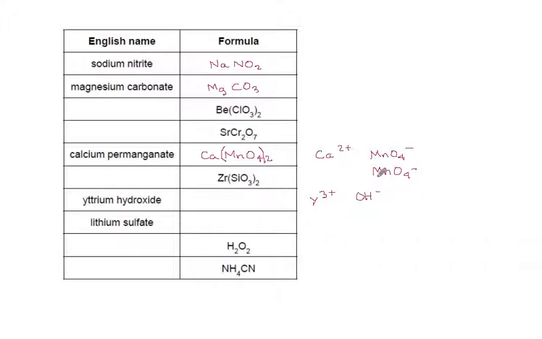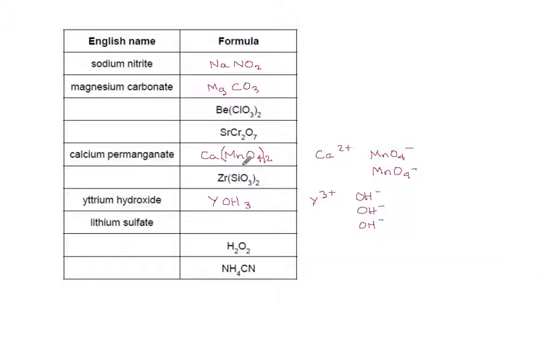There we go. Again, our charges do not match. We have +3 and only -1. So to make this work, we would need 3 hydroxides. You don't have to write this out. I'm just doing it to hammer home the point that here we have 3 positive charges, and these guys working together bring 3 negative charges. So we get a valid compound from that. And the formula would be